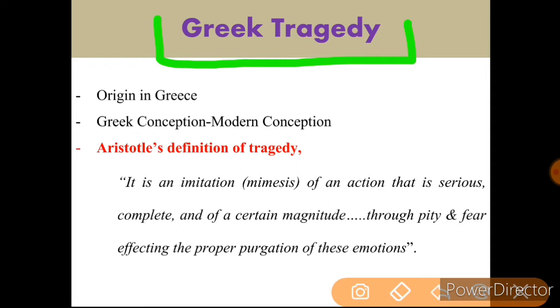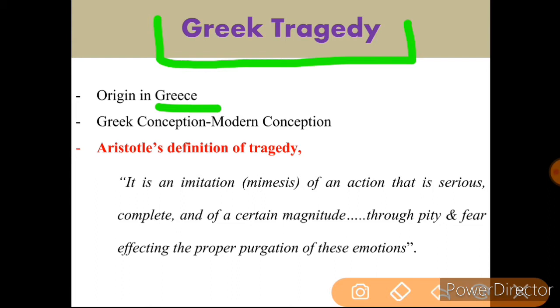Friends, tragedy as a genre or a literary form began in Greece. The Greek conception of tragedy was different from the modern conception. Today, tragedy is regarded as a story with an unhappy ending. But this was not the Greek conception. In the Greek language, the word tragedy means a goat song, and the word came to be used for plays because of the practice of awarding goats to winners in a dramatic contest. Friends,